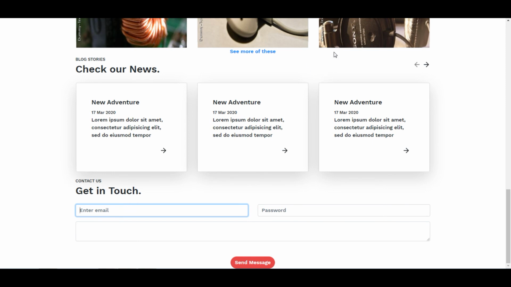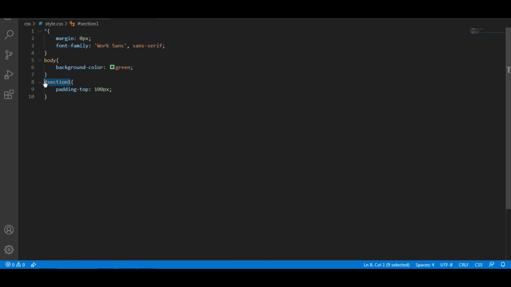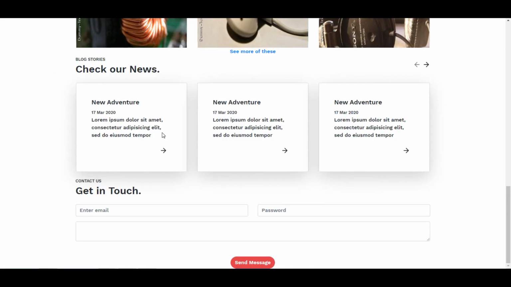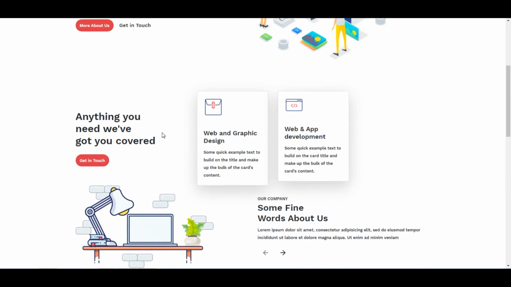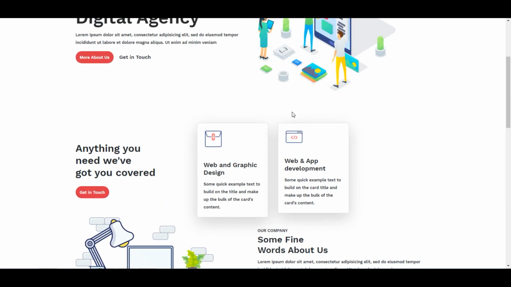I want somewhat padding here, so I am going to put some padding to that. You can see some padding is applied there.